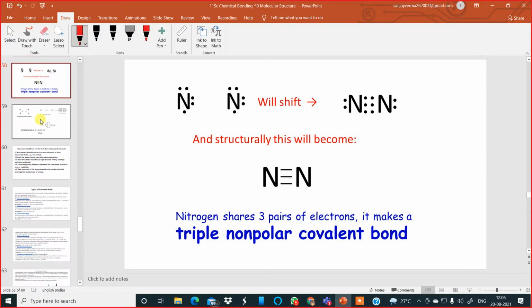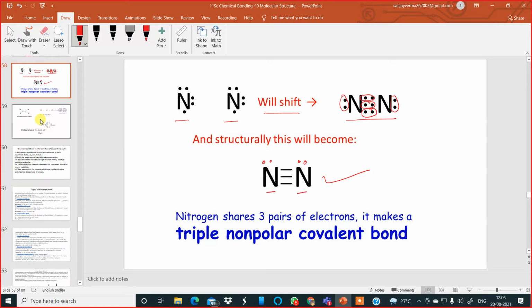Now the next one on your screen is the formation of the nitrogen molecule. This will be an example of a multiple bond. A triple bond is there. So two nitrogen atoms sharing electrons, and it forms a nitrogen molecule. These are non-bonding electrons, and these are bonding electron pairs, forming a triple bond. The structure looks like this. And don't forget to put the electron pair on each of the nitrogen atoms.